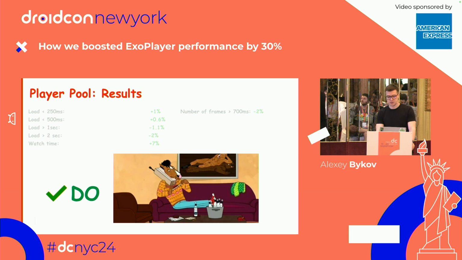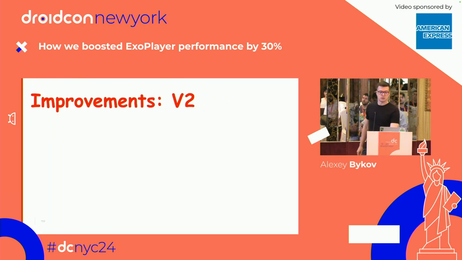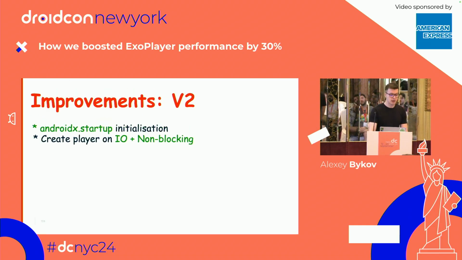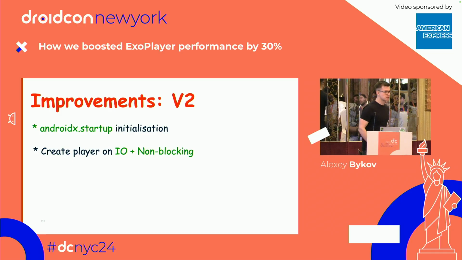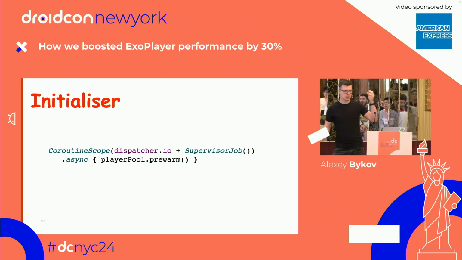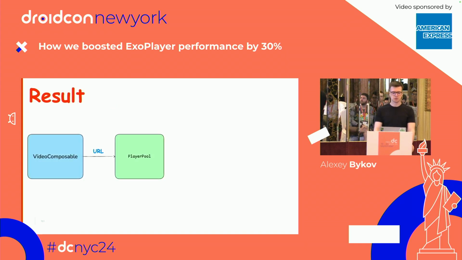So definitely do this. But can we actually do better with this? And the thing is, we can. So in the second iteration, we decided to initialize players on application start with a startup library. And we also decided to do it on the background thread, in a non-blocking way, which means that it's not going to block the application start. We're just going to schedule it on the background, and whenever